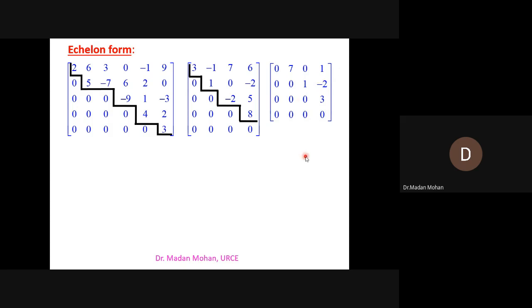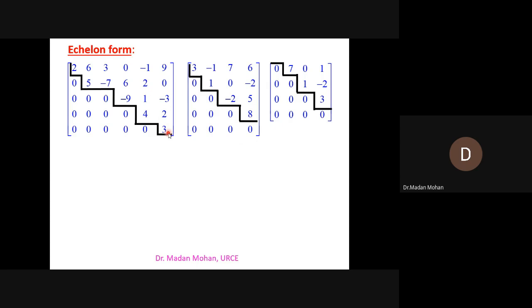Now, to draw steps, this is also 0. Wherever you are getting down, it should be non-zero. Therefore, I am coming up directly. It is non-zero, I can come like it. Next, it is non-zero, I can come like it. It is non-zero, I can come like it. If you observe these steps,